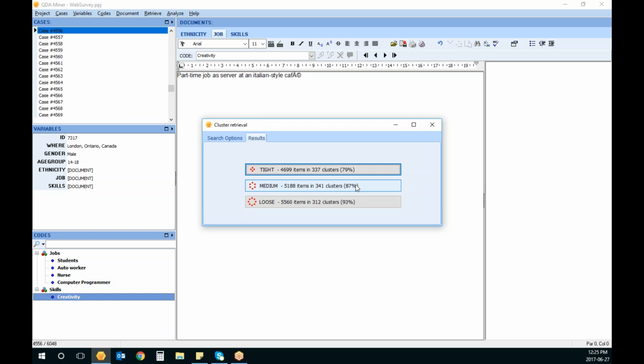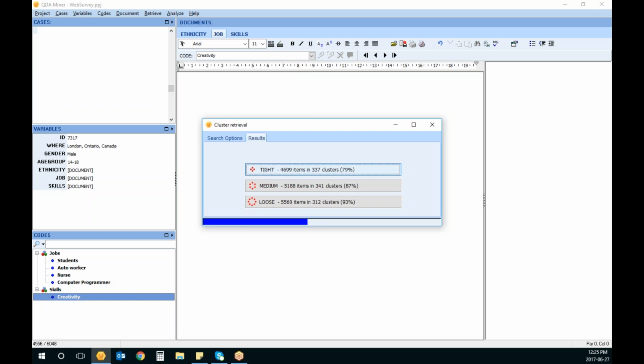And again, this is an example where it works pretty well because it's a very specific question. And here it actually grouped, for example, 4,699 items that are almost identical into 337 clusters. So if I code 337 clusters, I would have coded all of those items, assuming that they are good. And if I look at that,